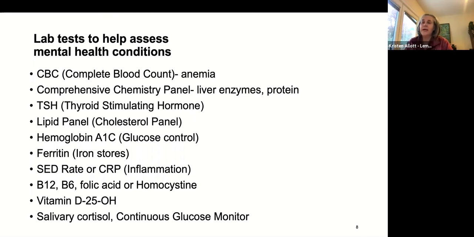Okay, here's the one that I absolutely want you to get done, particularly if you're a woman, but even if you're a man: ferritin. Ferritin is the storage unit for iron. And iron helps you make dopamine and serotonin and oxygenate your entire body through red blood cells. It's a really important mineral. But if it's too low, it's bad. And if it's too high, it's bad. And so you kind of have to measure it.